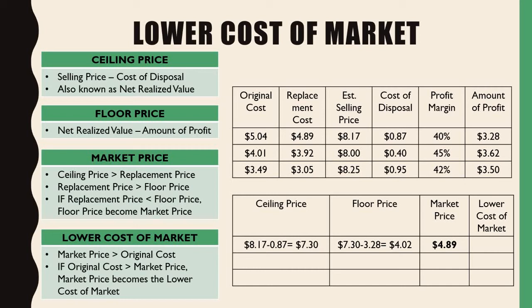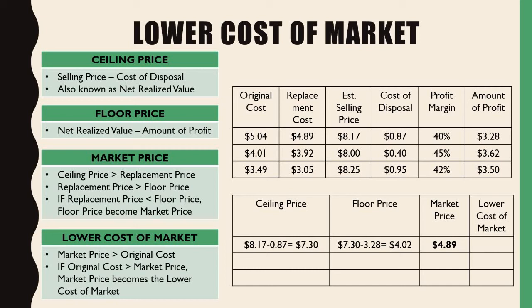But if the replacement is greater than the floor, then your only option is the replacement cost. However, if replacement cost is actually less than the floor price, then the floor price becomes the replacement cost. But in this case, the replacement cost ended up being in between the ceiling price and the floor price. So there you go,